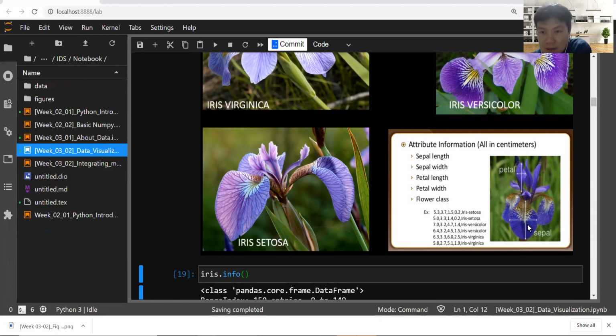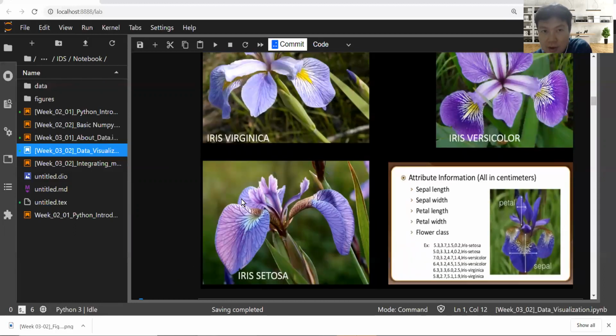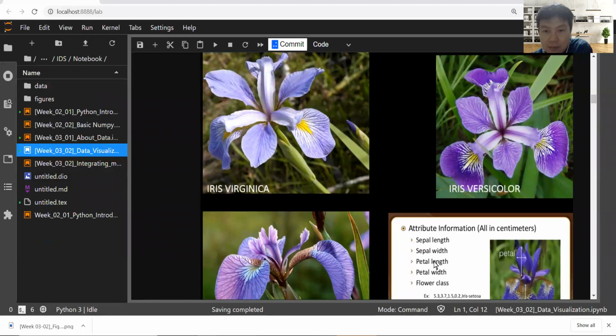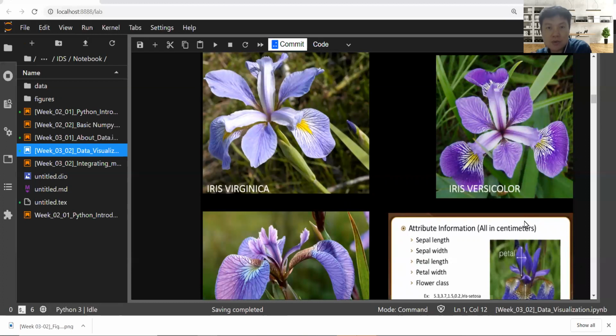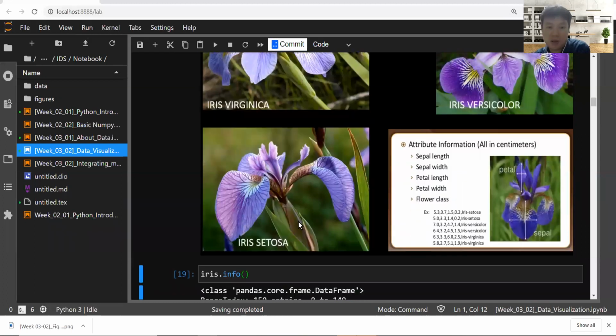So the petal and sepal, what are they? Sepal is this part of the flower, and there is another variable which is petal. Petal is the small one. We want to check the petal length and petal width, sepal length and sepal width, and based on that information, we are hoping to see the result, whether it is virginica or versicolor or